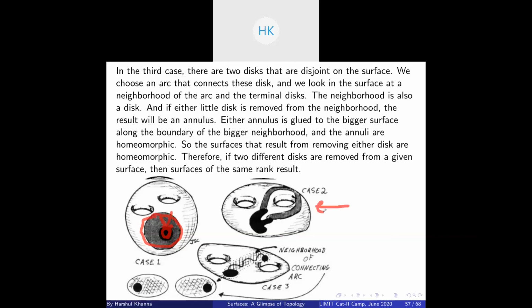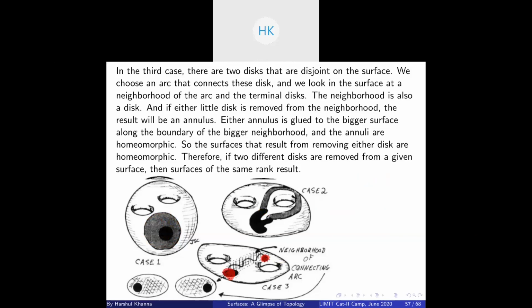So this is case two. When you see this, this is overlapped. Now what you can do, by case one, is contract any of the surfaces. So now you get a surface in which both of these do not overlap at all. No part is common to both, and we reduce case two to case three. So case three is essentially that you have two disks that do not overlap each other at all. You can see here these two disks do not overlap at all.